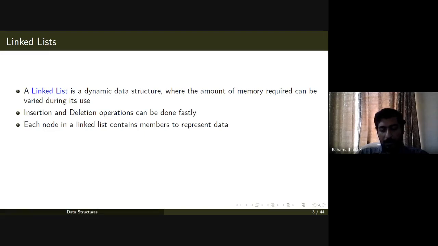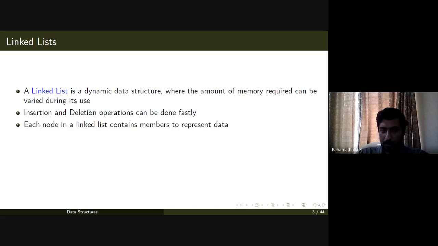Every element in a linked list is called a node, and a node contains different members to represent the data. It can be an integer linked list, a floating point linked list, or a linked list that consists of a structure also.